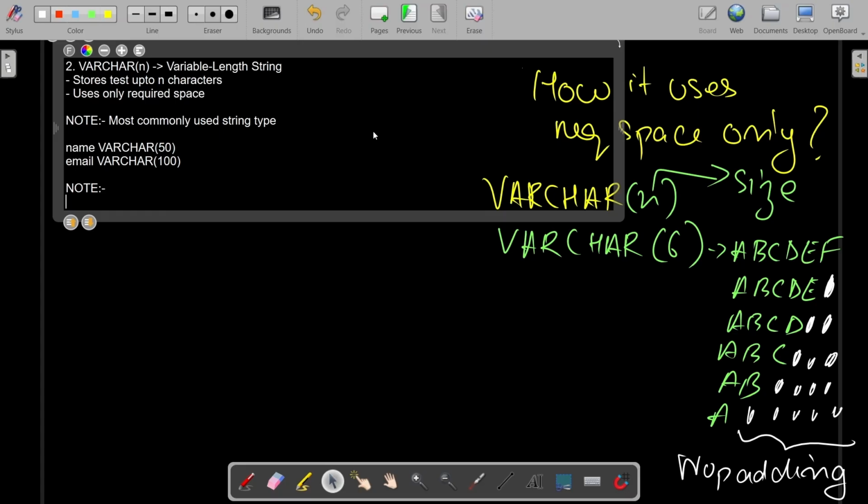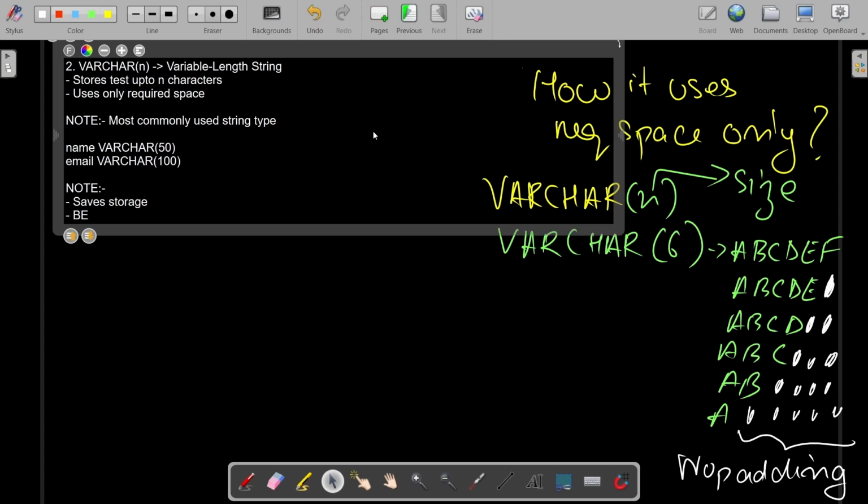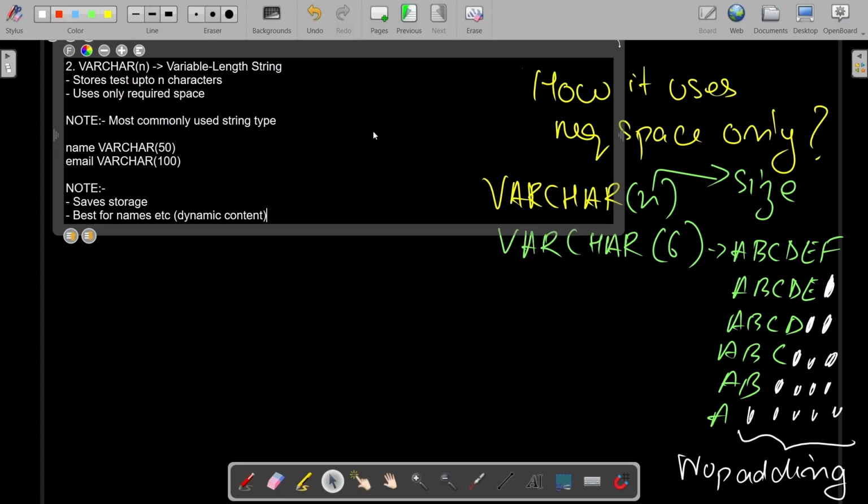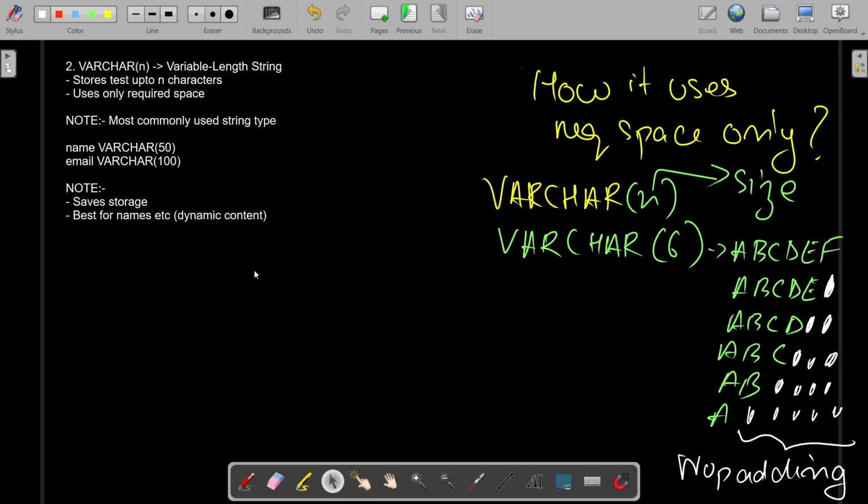It helps with or saves storage, as you can already figure out, and is best for names, etc., or I could say dynamic content. Okay, so this makes sense to you now, I hope so. So this was about the varchar and the char types in string. Now let's move ahead